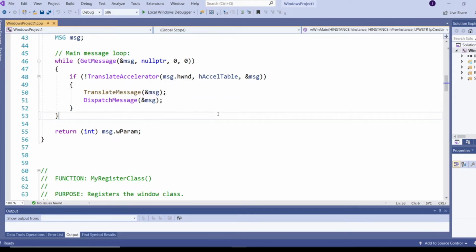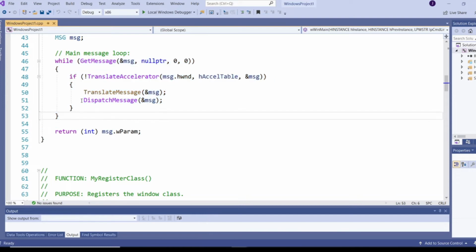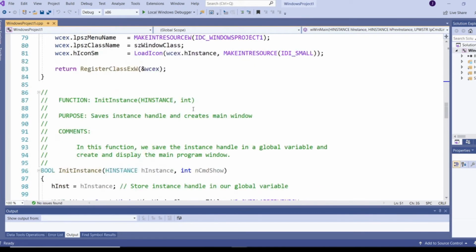So now we have seen this is the message loop for this Win32 application. What we have seen here is that whenever a message comes to my Win32 application, GetMessage will fetch the message from the message queue and send it to the appropriate window procedure. How does it send to the window procedure? By this DispatchMessage function. Now, where is the window procedure for this Win32 application? So, if I scroll down,